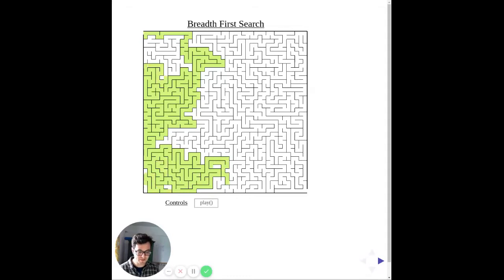to it using a bit of JavaScript. And so everything that BFS, breadth first search, has explored so far is in green on the maze. And we can see that it kind of flows through the maze like water. And this is what I mean by a layer by layer approach. So every time we hit a fork in the maze, we go out and we explore all paths going out